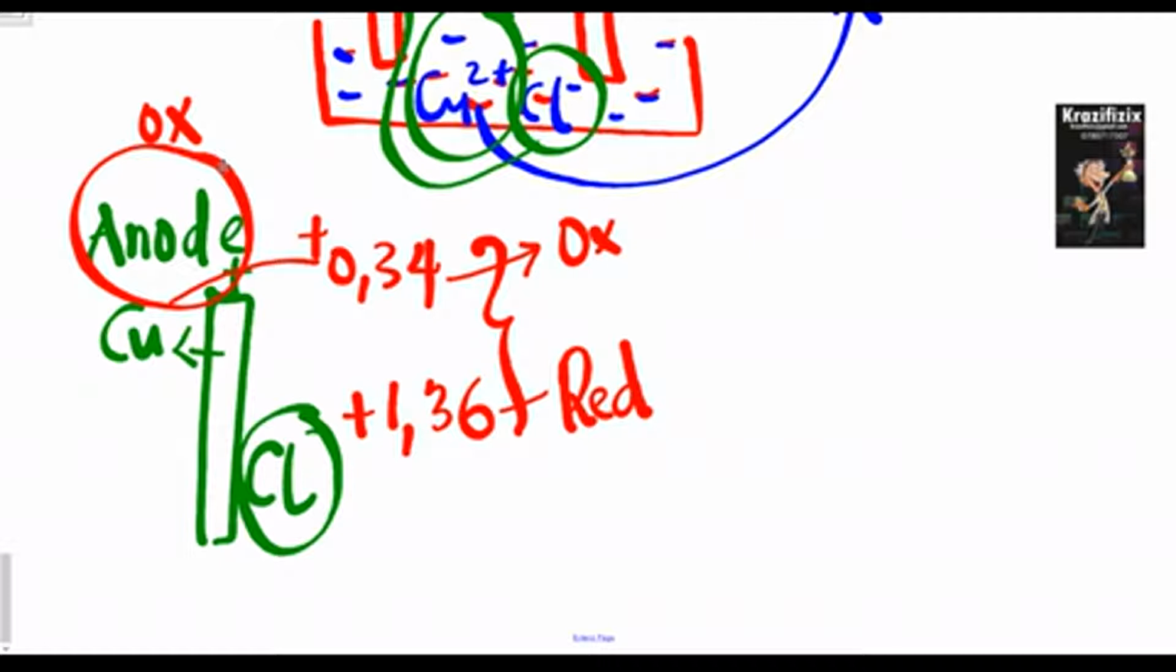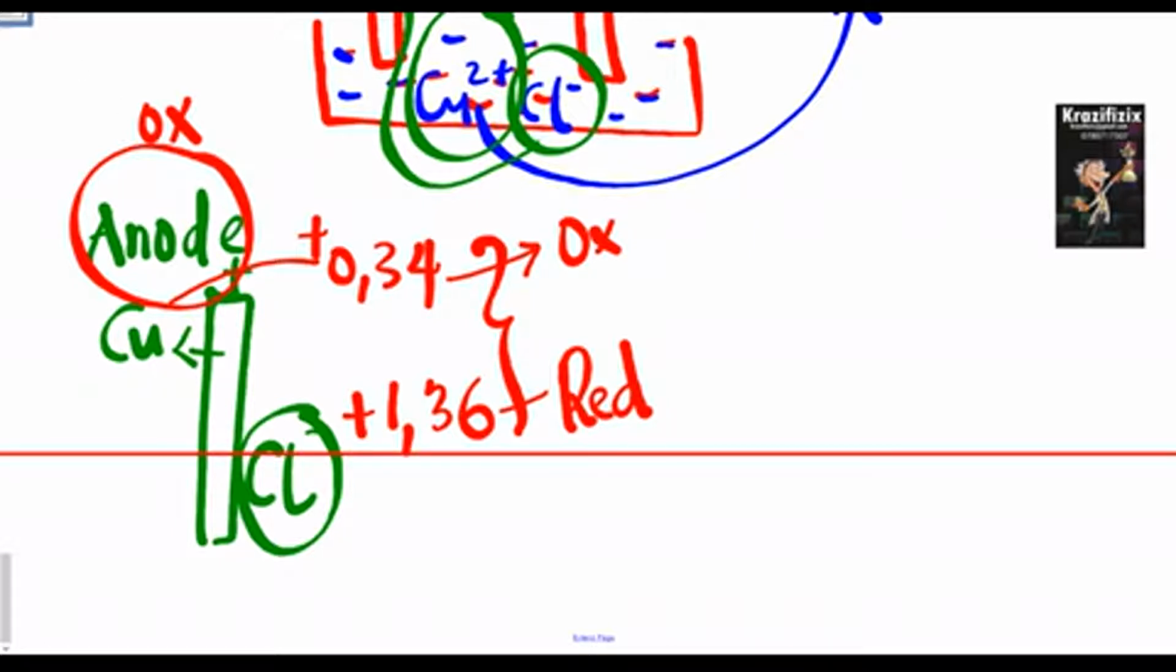Oxidation will take place. And what is oxidation? We have Cu changing back into Cu2 plus. All right. So copper, like we said, will be oxidized. And remember what our oxidation half-cell reaction will be? It will be Cu, which is the loss. Okay, so it's going to be Cu2 plus,